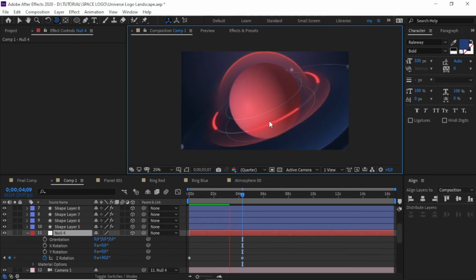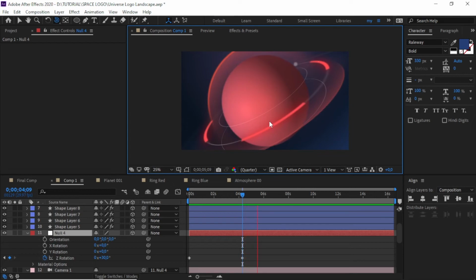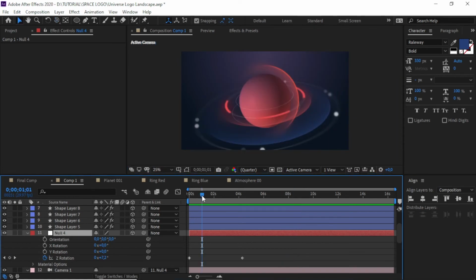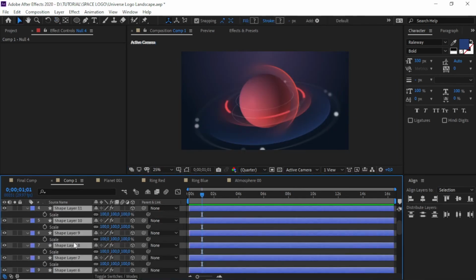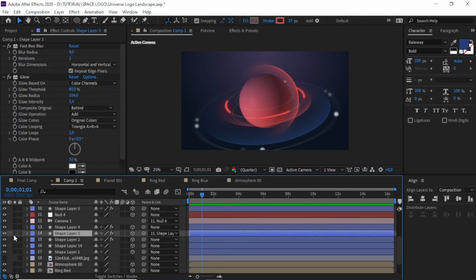As you can see, this one is more organic. The color and anything you can add by yourself, just be creative. And also we can add rotation on this with this glow shape 15.